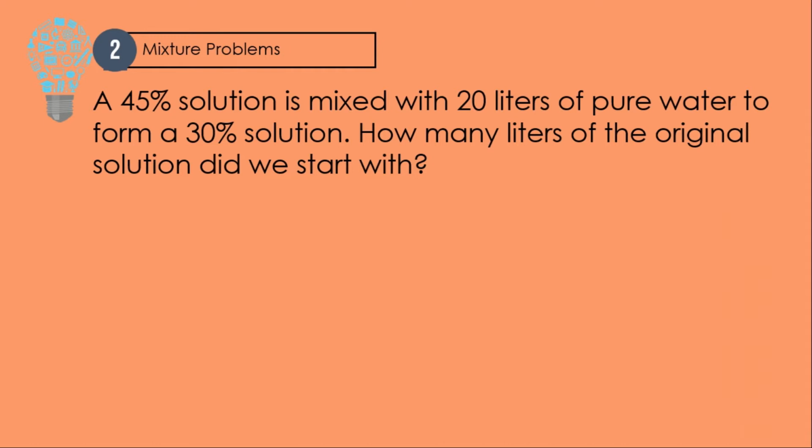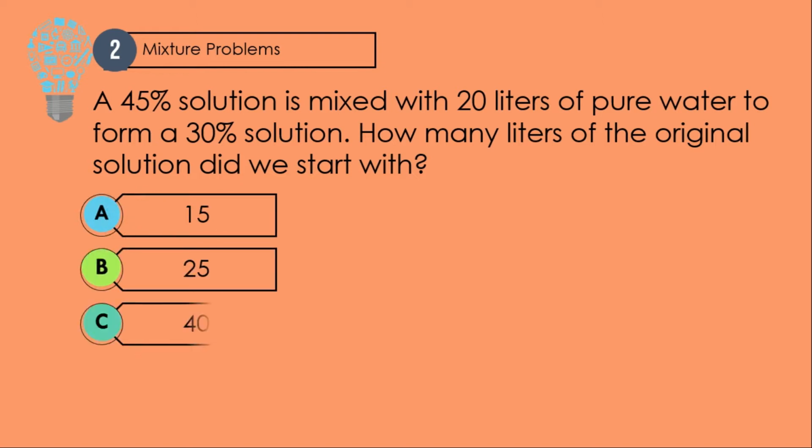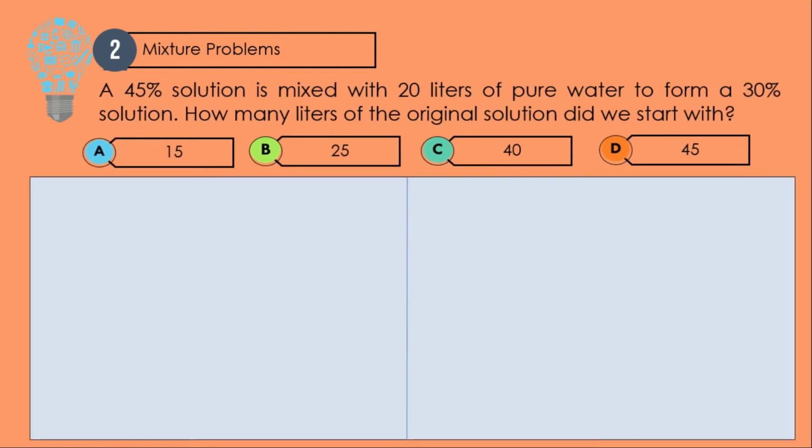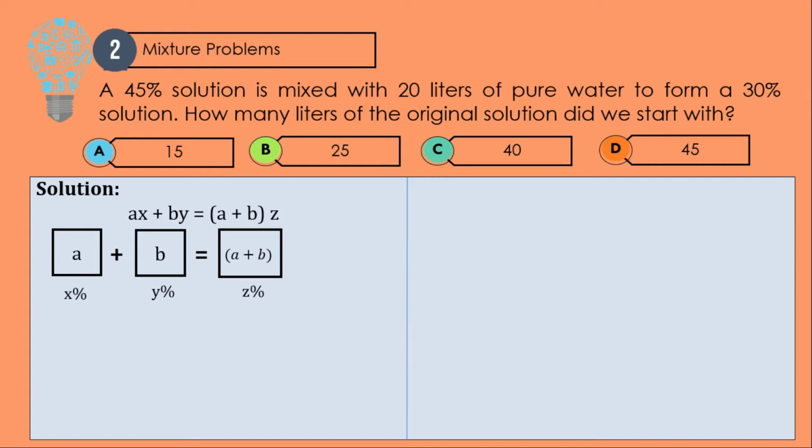A 45% solution is mixed with 20 liters of pure water to form a 30% solution. How many liters of the original solution did we start with? A. 15, B. 25, C. 40, D. 45. Solving mixture problems, let us use this formula, which can also be represented using this illustration, where A is equal